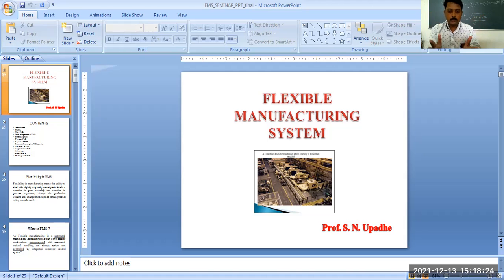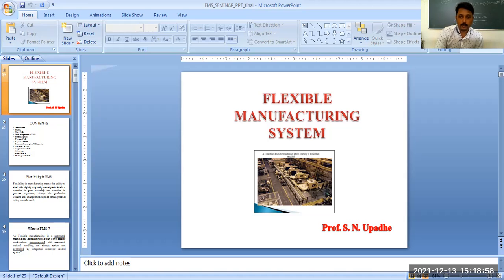Their only focus is to take the broken-down machine out of breakdown and make it work. This is why it is very important. Breakdown is a very much hated thing by any industrialist or any production floor officer. So we can overcome these breakdowns by using FMS.